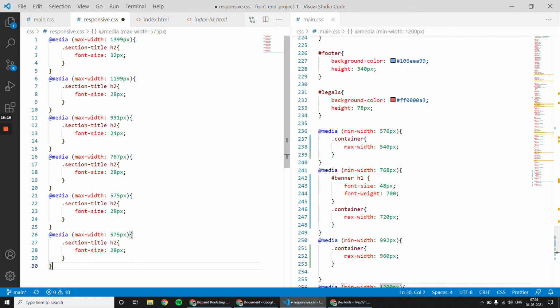Then that's it. And you will keep reducing the values.